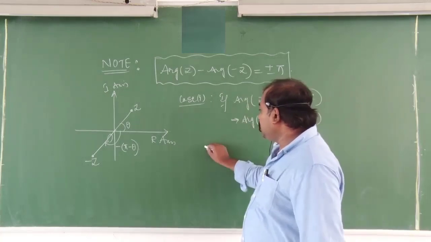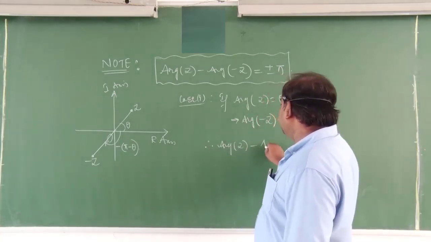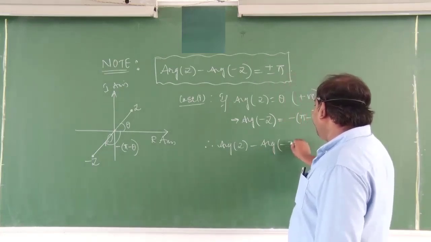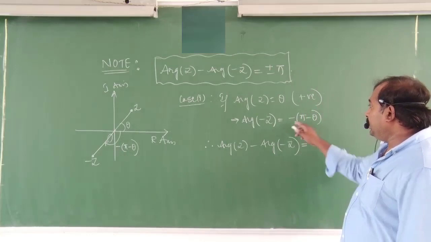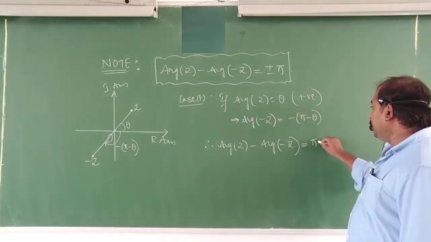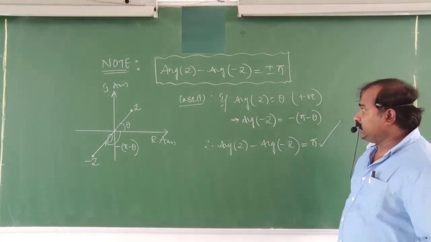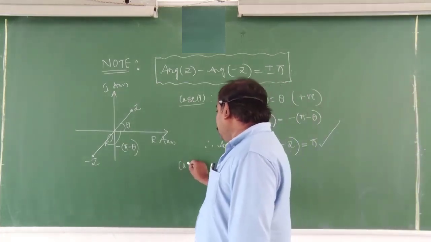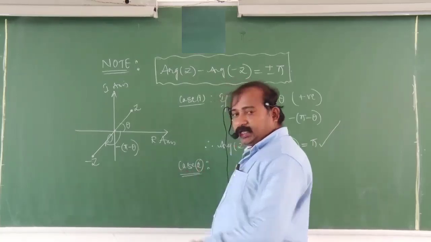Therefore argument of z minus argument of minus z is equal to theta plus pi minus theta; theta minus theta cancels, and you get the value pi. Clear? Next, case 2. In the second case,